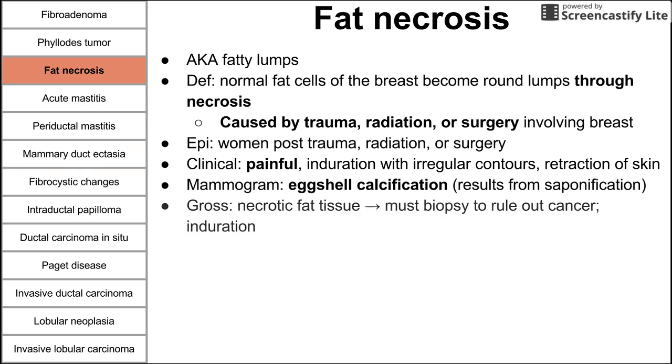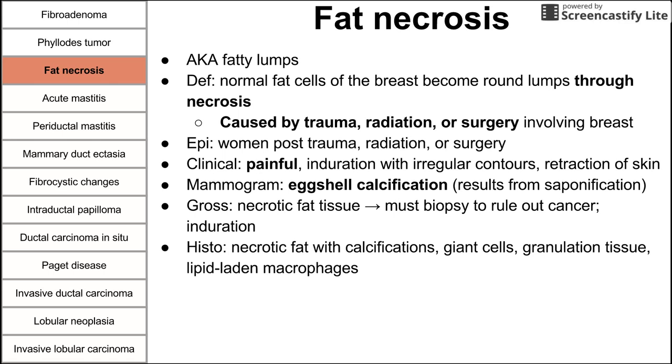region. Grossly, you see necrotic fat tissue. You do have to biopsy this to rule out cancer. You also see like an induration of tissue on gross pathology. Histologically, again, you see necrotic fat. You see calcifications on histology sometimes. You could also see giant cells, granulation tissue, and lipid-laden macrophages, all things that make sense with the saponification and